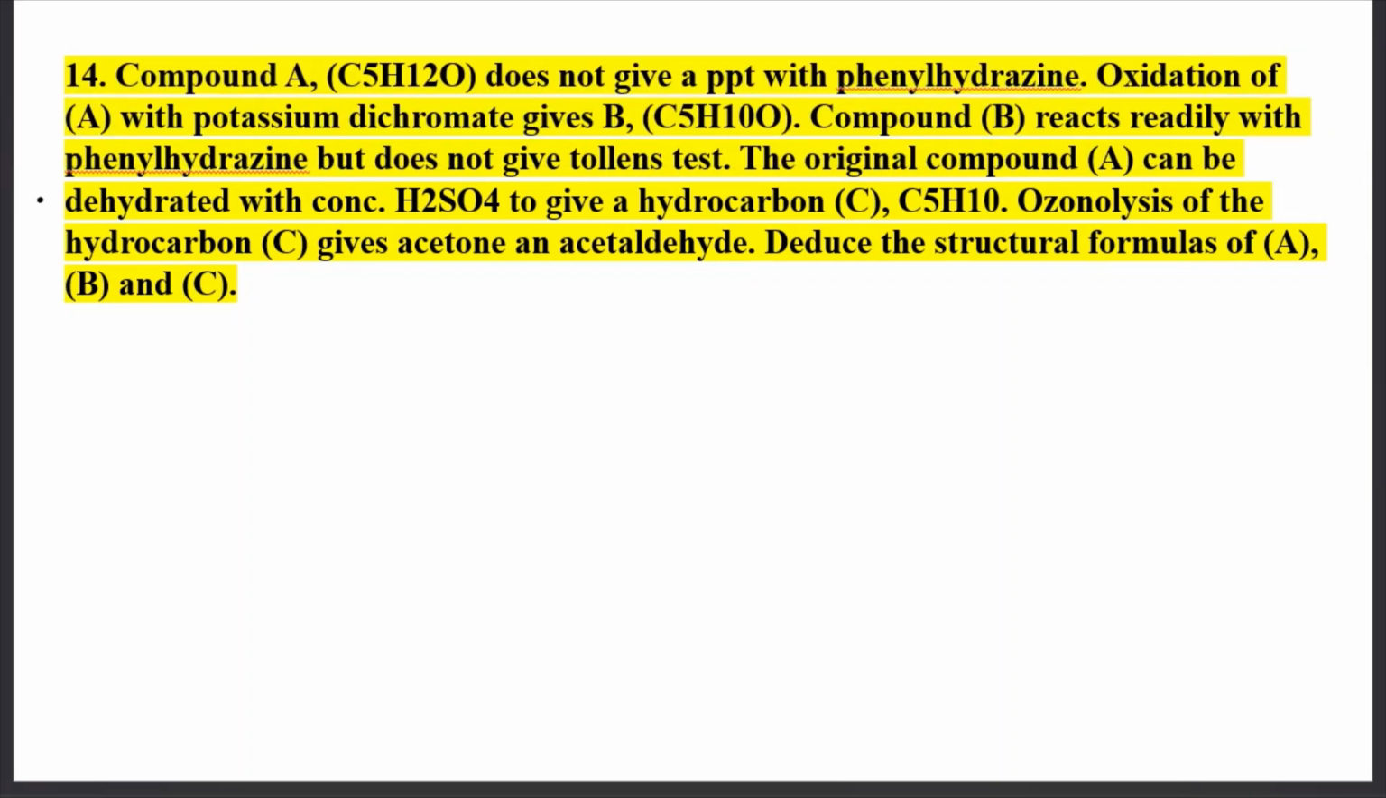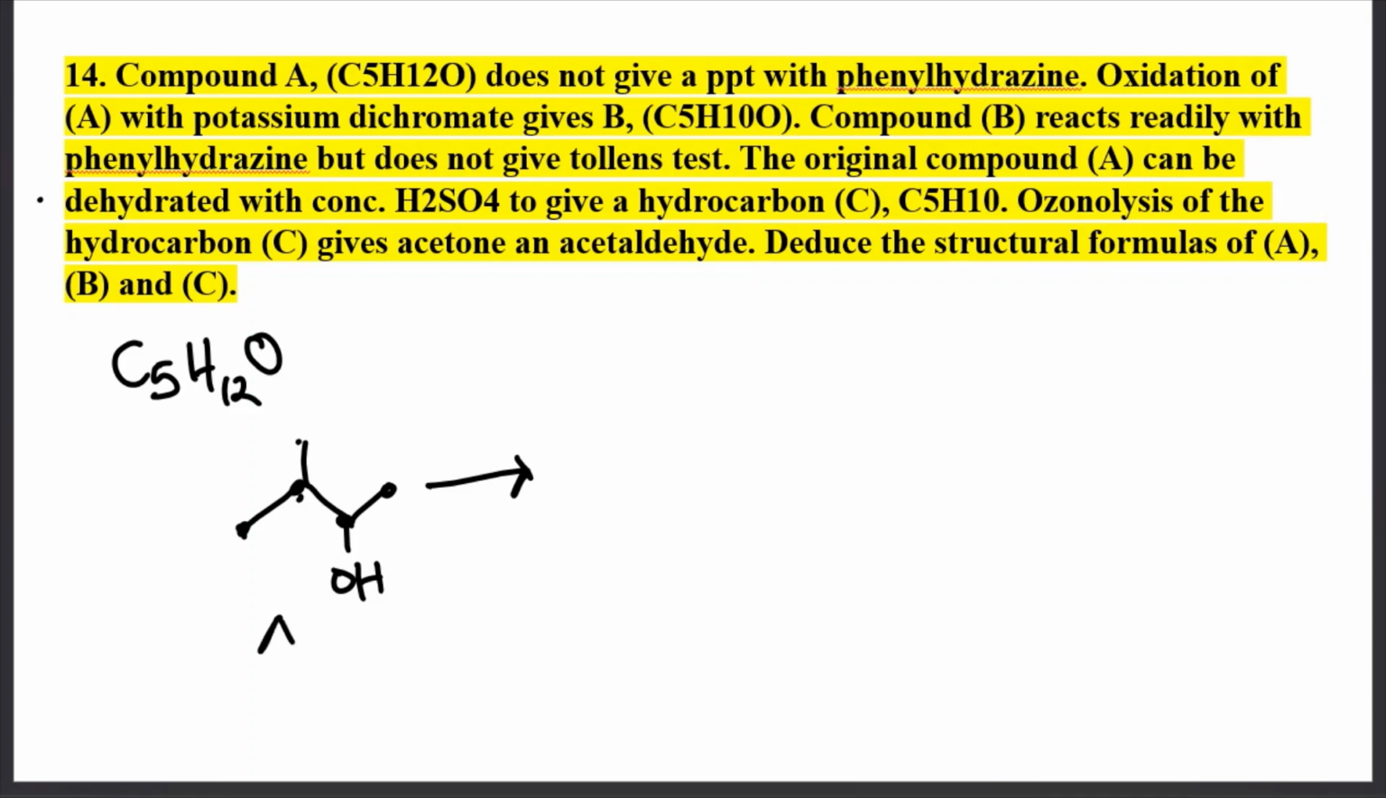So A says it has a compound formula of C5H12O. So we know that this is an alcohol. So this is carbon number 1, number 2, number 3, number 4. Okay. So this alcohol here is going to be like this. 1, 2, 3, 4, 5. And then when you react this, they're saying compound A. So this is compound A. It's going to be